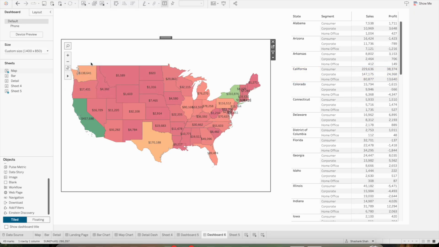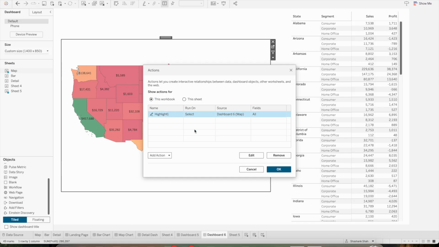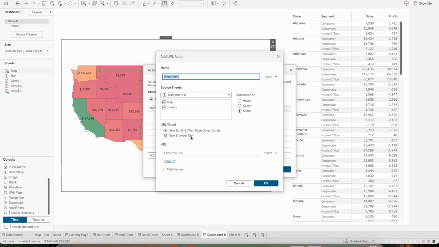Now moving on to the next action. First let me delete this highlight action. The third one is go to URL. So basically what it means is, when you click on California, something will happen if you set some URL. For example, if I want that whenever I click on California, Google should open up, just for testing purposes, what I will do,